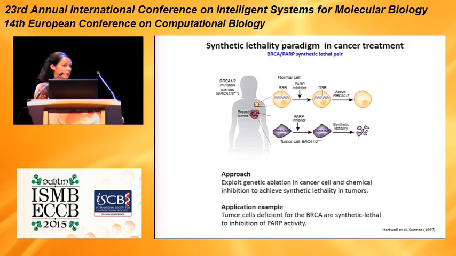In another example, I will start with explaining the principle of synthetic lethality. Synthetic lethality is a phenomenon when interference with one gene does not affect cell phenotype, the same for the second gene, but when two genes are interfered together, then it causes cell lethality. This is a synthetic lethality paradigm, which is used in treating a particular type of breast cancers. So those patients that carry mutation in BRCA gene are responsive to inhibition of PARP molecule, creating a synthetic lethality.